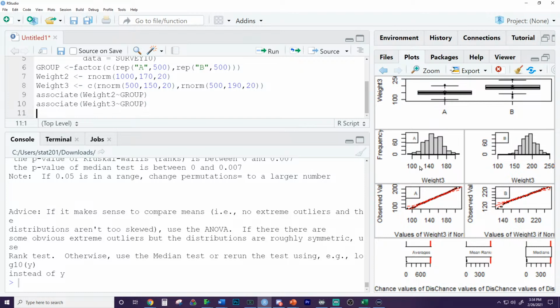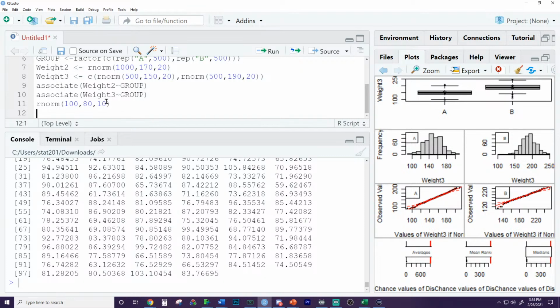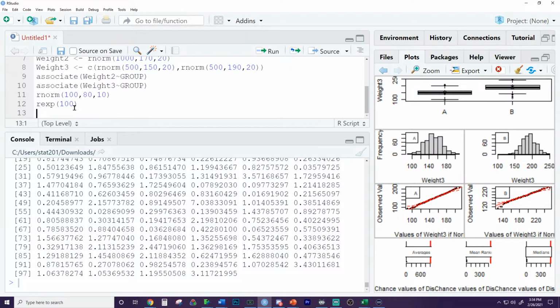For this example, I am generating rnorm, which stands for random normal. So when you type rnorm, it can generate like 100 z-scores, but I could say, let's generate test scores with a mean of 80 and a standard deviation of 10, and it'll generate random test scores or random whatevers. Or you can make random exponential numbers. There's 100 random exponential numbers. So it's a really good way. Those are cool little codes right there that I really like, that whenever I want to create random numbers, I just use those codes.